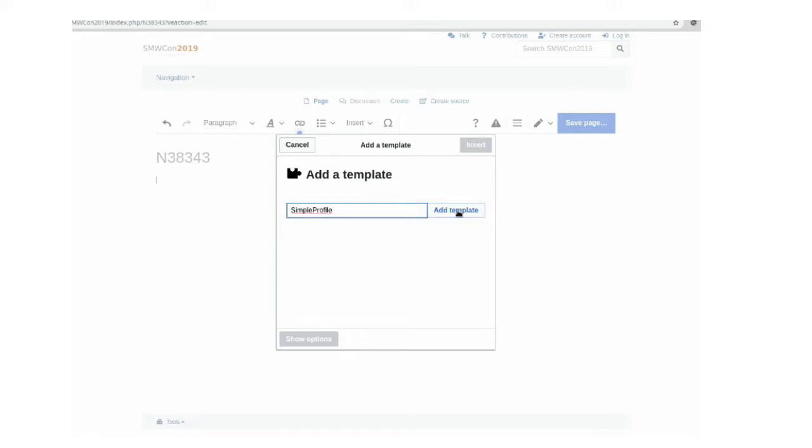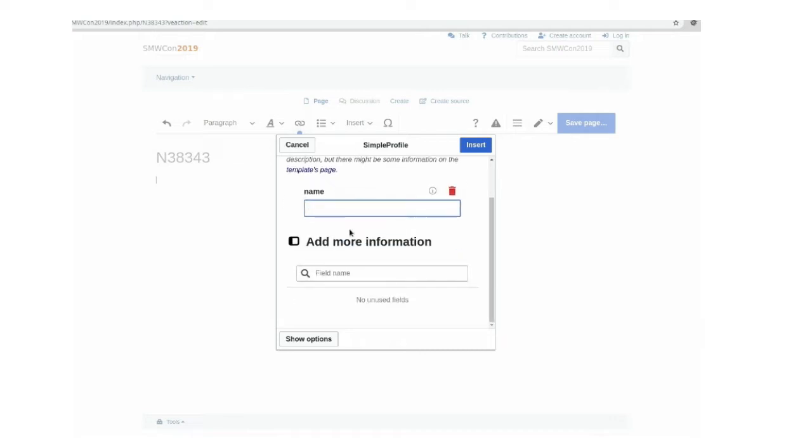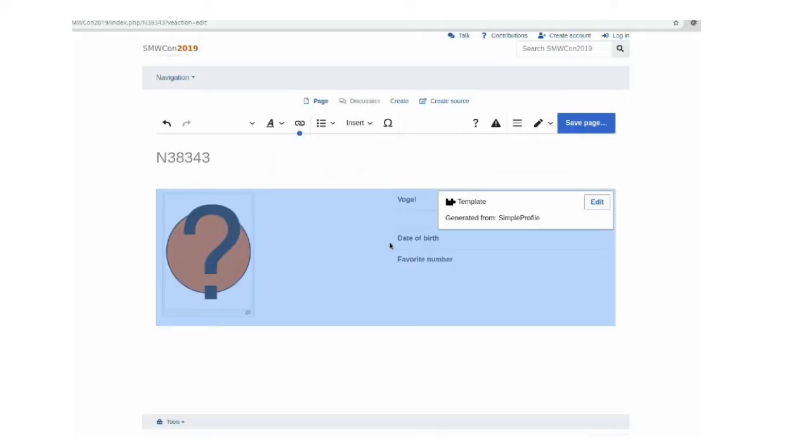And I can click Add Template, and in this case, VisualEditor doesn't even know which fields are in there. So I can have name, for example, and then put in something like my name, and then I can insert this template. And as you can see, VisualEditor will create a preview right away,